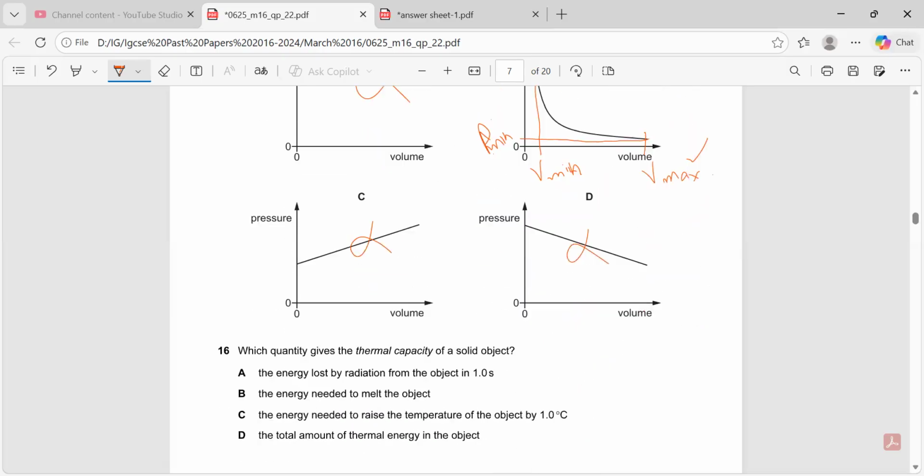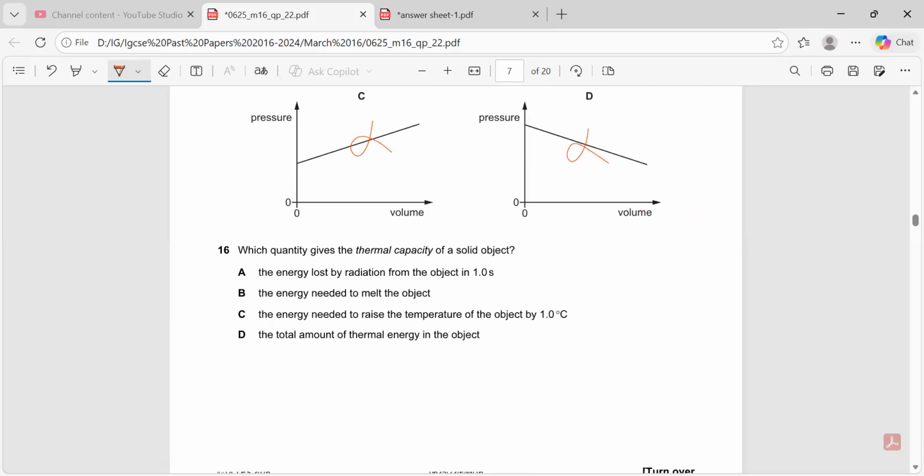Okay. Question number 16. Which quantity is the thermal capacity? Thermal capacity unit is joules per degree Celsius. So the energy lost by radiation in 1 second, nothing to do with the second. Energy needed to melt the object, that is melting. The energy needed to raise the temperature of a substance by 1 degree Celsius exactly. So energy needed to raise the temperature of the object by 1 degree Celsius,